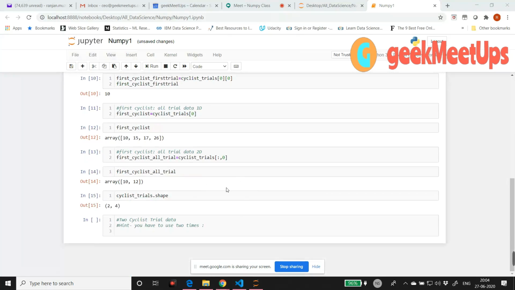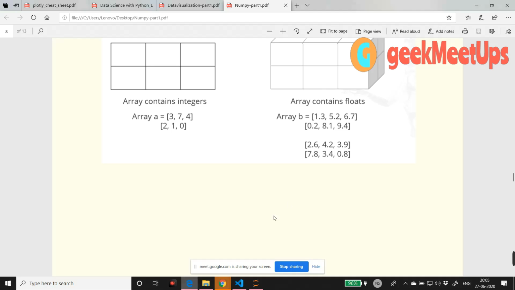Now I asked you this question in the last class, how do you print it. If you want to access the two cyclist trial data, I think I have already included this.